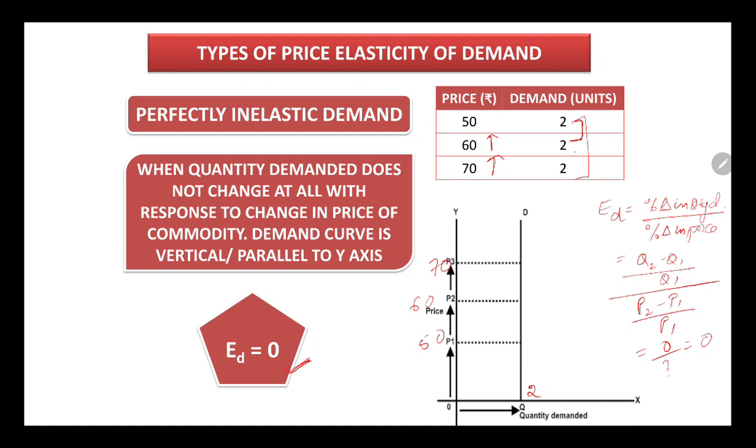So over here, how will we see? We put the quantity demanded on the x-axis and the price on the y-axis. We see we have done nothing. We have just plotted these values and we got to know that we have got a line which is parallel to the y-axis, right? Now the second one, it comes out to be the perfectly elastic demand, just opposite to it,